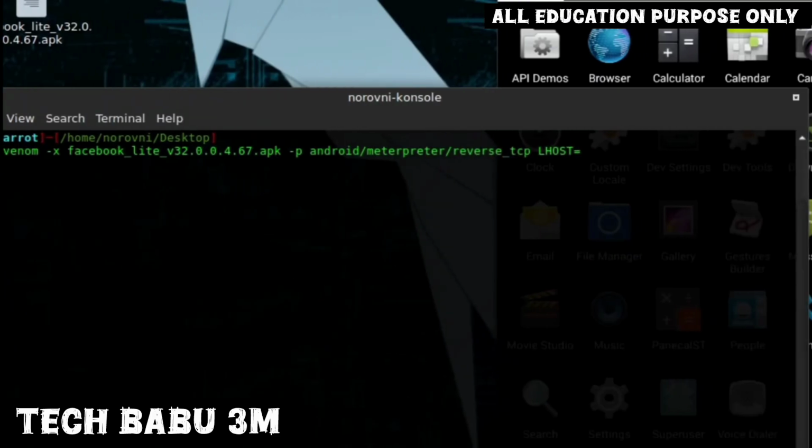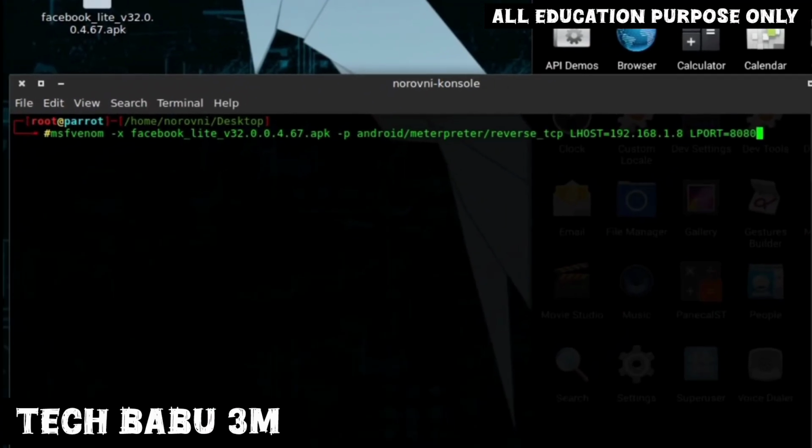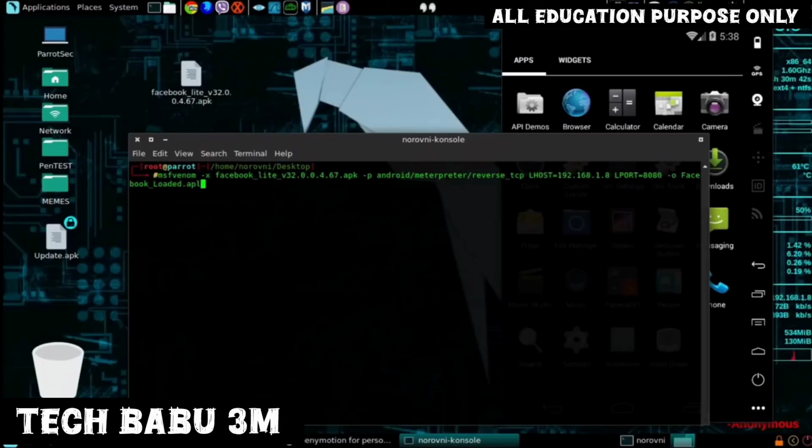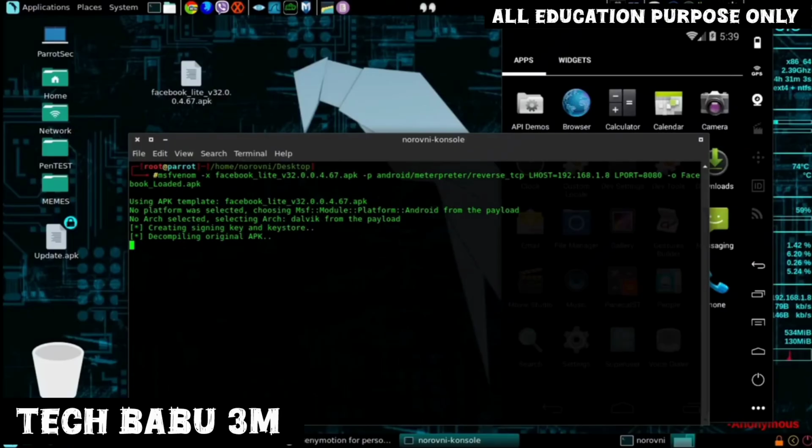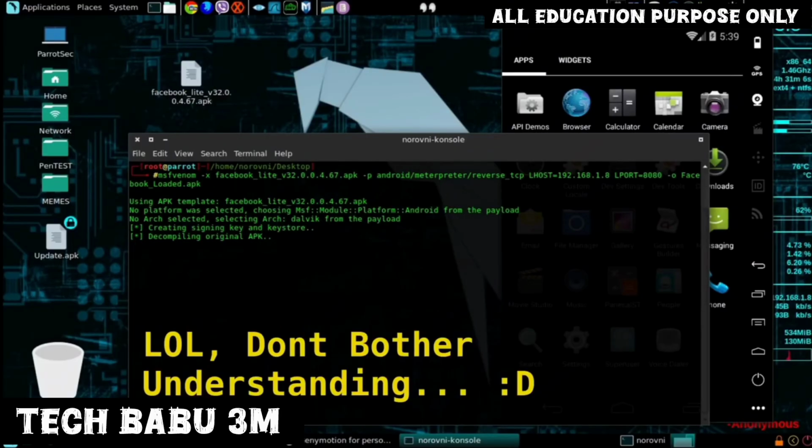LHOST equals your IP address, LPORT equals the port, 8080, -o space the name of the file you want to give. Let's just call it Facebook loaded.apk. Now this should decompile the original APK and inject the payload inside that APK and recompile the APK in